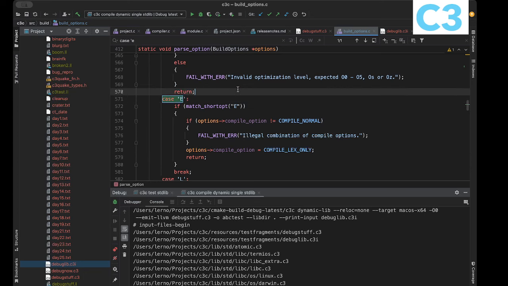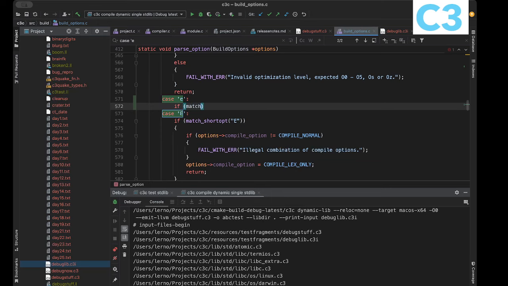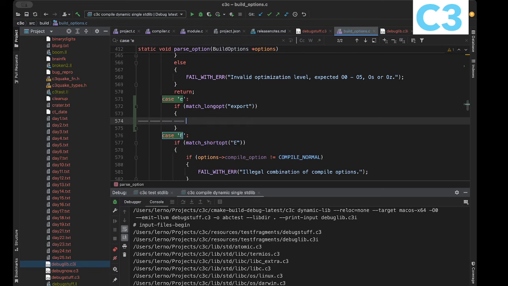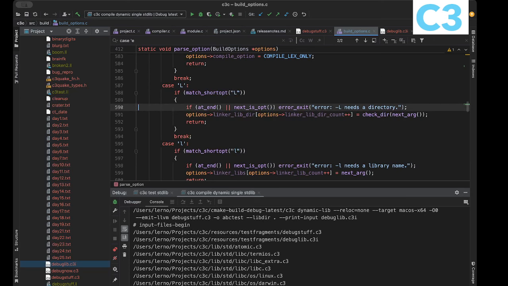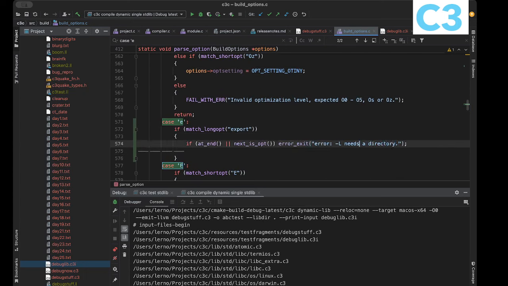Just a large E. Okay, so case E. If match is a long opt, it's export, and so if options, it's going to ignore everything else. So export needs a file, a c3i file,